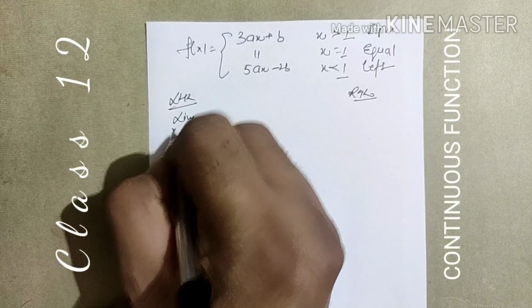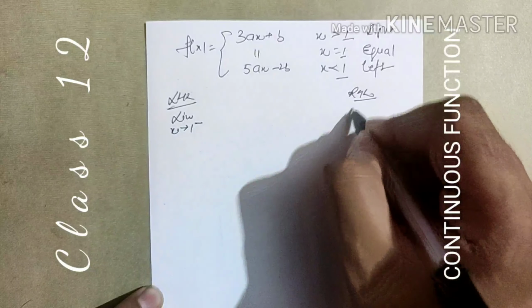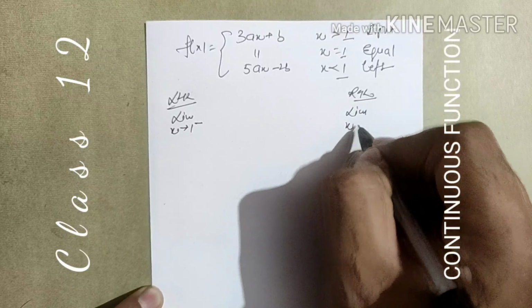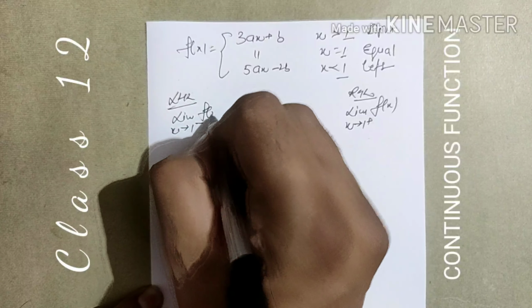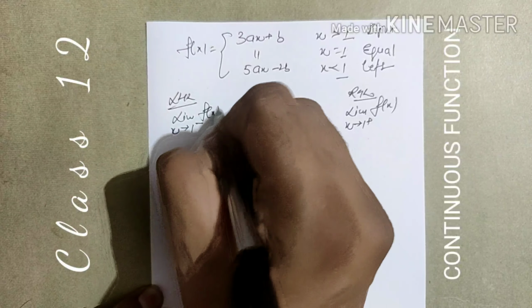The testing point here is 1. So 1 is indicated with a minus symbol for left, plus symbol for right. We indicate the function here. In this question we have to find the missing values a and b. Be careful because this is an important question related to the board exam. Here we have to choose the function when x is less than 1, which means the left case, this one. So the value of the function is given by 5ax minus 2b.